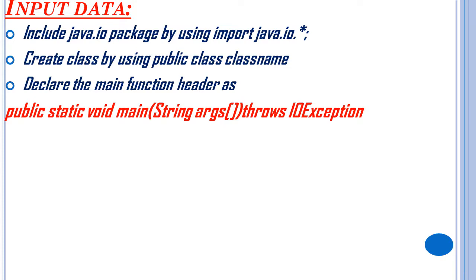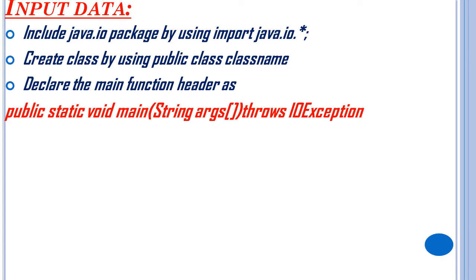First is public. Public is a keyword. The meaning of the public keyword is that it is not restricted. Whatever input and output is there in this program, everything can be accessed by the user throughout the system. This is about public. Static is also a keyword. Void is also a keyword. Void is a non-returnable type of keyword. Next is main. Main means it is the main function, so we need to write main.